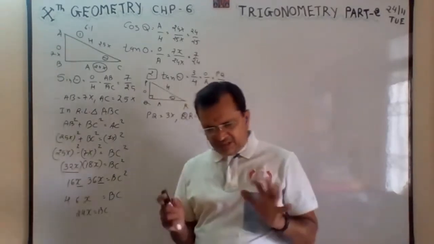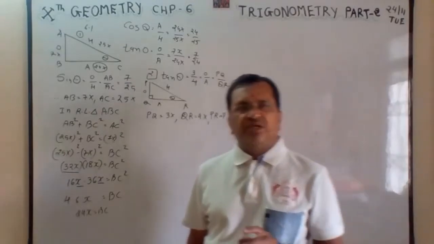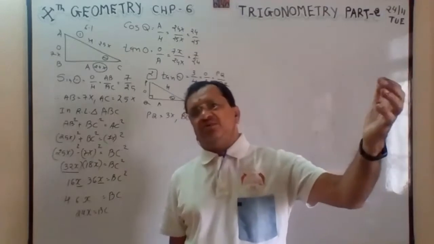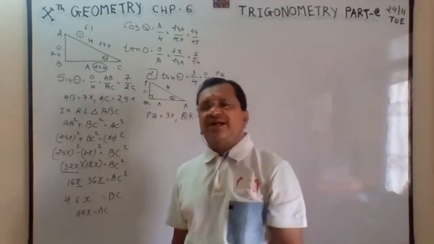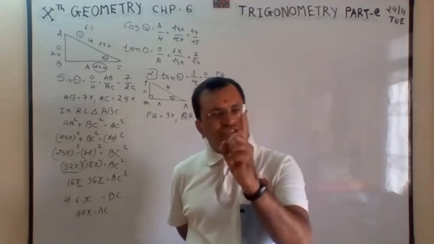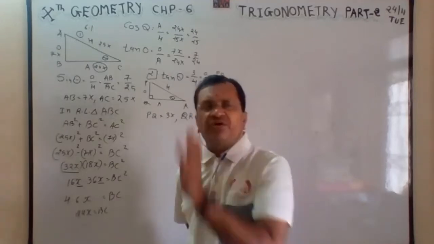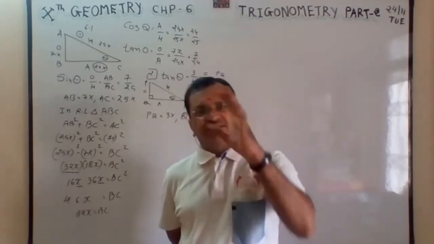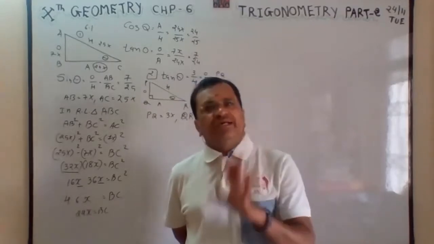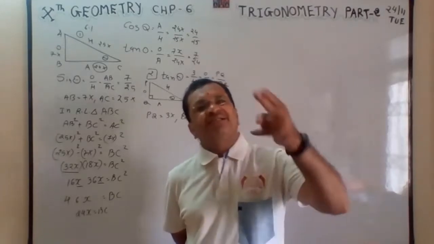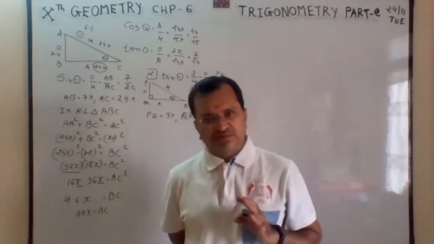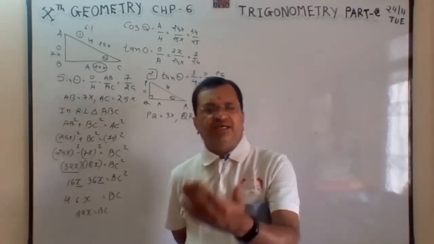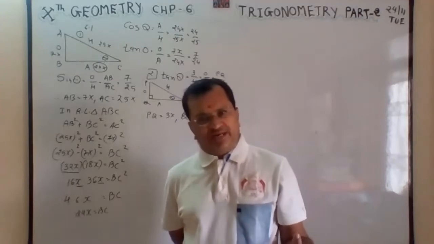What is the basic of this type of solution? One ratio given. In the starting, my first sentence was that trigonometry is related to right angle triangle. One ratio given, suppose only 4 given, so 4 by 1 you are putting. Only 7 given, 7 by 1. A ratio given means two sides given. By Pythagoras, always find out the third. Then they will ask another ratio. Substitute the values in the formula, you will get it.